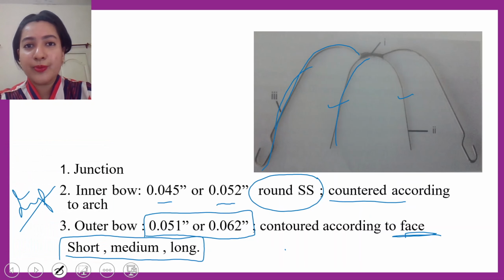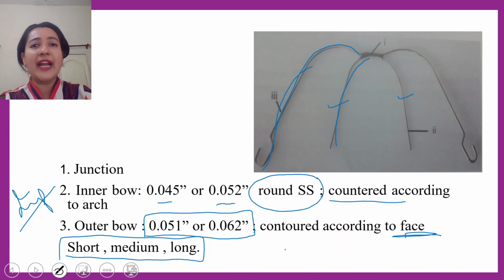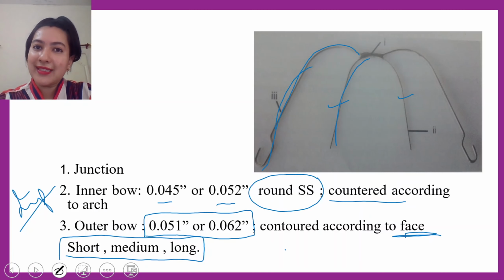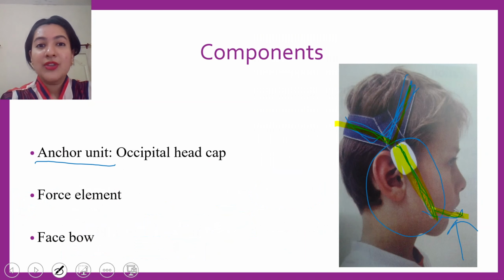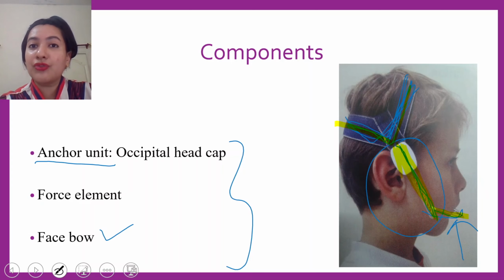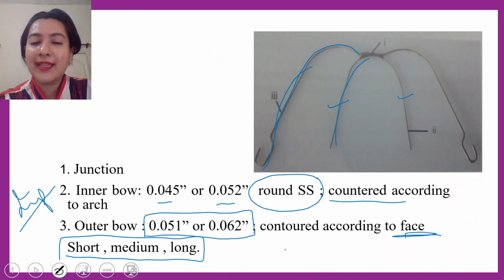All the patients have different profiles, different dimensions, their height, weight, everything is different. So they come in 3 sizes. But this is the basic structure of one of the components of headgear, that is the face bow. So what we saw is that there were 3 components: anchor unit, force element, and the face bow. Face bow we have seen in depth, that there are 3 more components to the face bow itself, which is